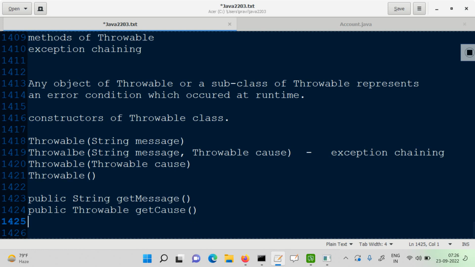Right. So these two methods are quite obvious. Since it can have a message, if you didn't specify a message, this would be null. If you didn't specify a cause, this would be null. Okay, fine. We don't have a method to change the message there. Also, if a cause has been specified, if you have specified a cause while creating a throwable object,